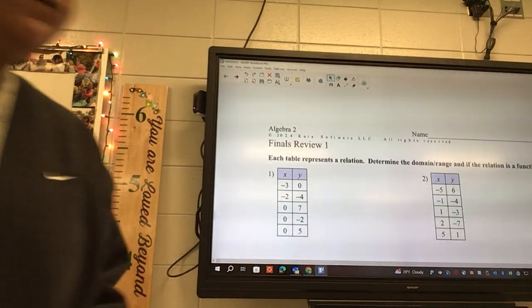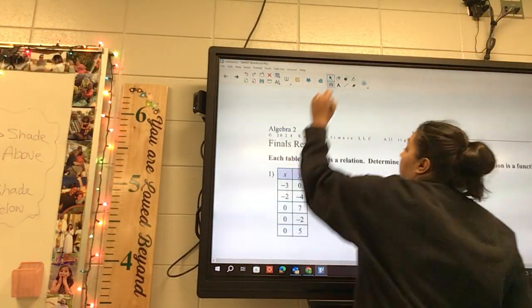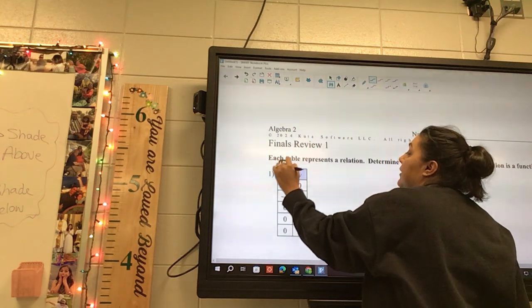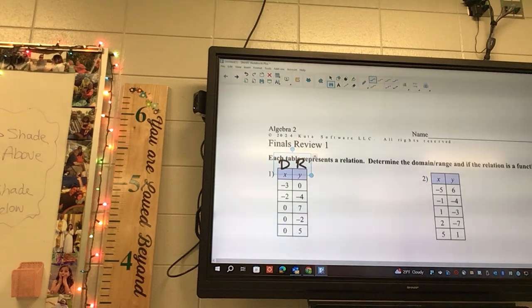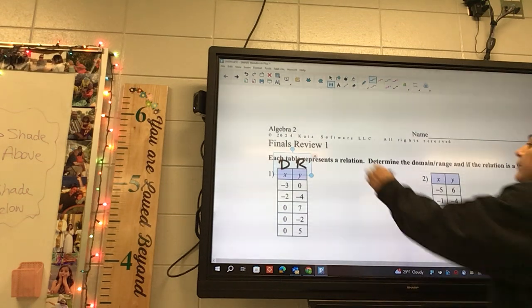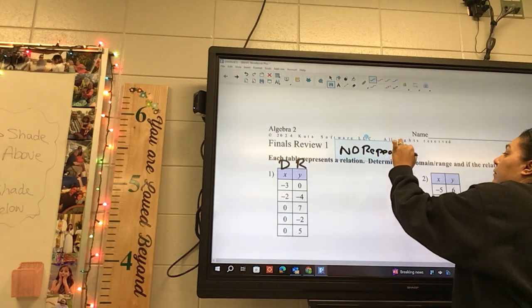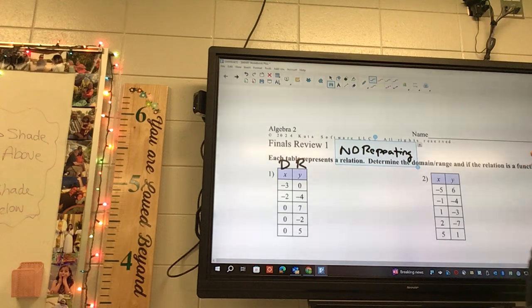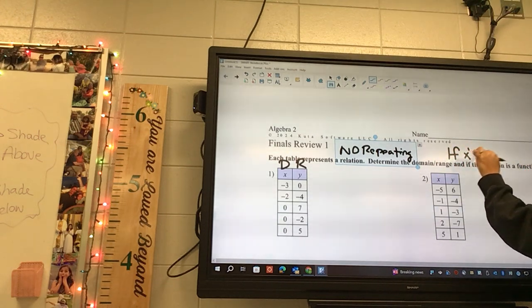Who remembers which one is the domain? The x's or y's? X's. Okay, so the domain is the x's, the range is the y's. No repeating is allowed. Okay, so no repeating. And then if it's a function, so if the x's repeat,